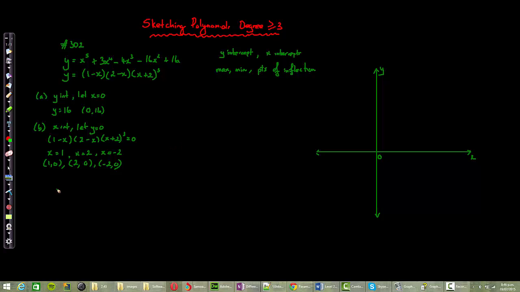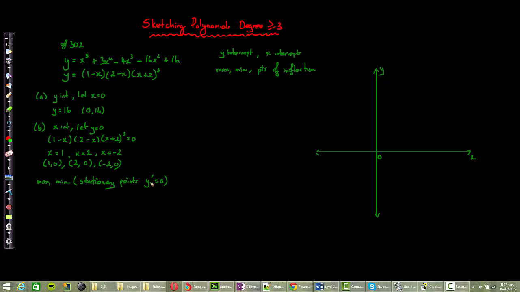That's all good. Now let's have a look at trying to find these other things here, the maximum, minimum, and points of inflection. Okay, now to do any of that we're going to use some calculus. And for max min points, which you might recall from the work we did during the holiday session, these are called stationary points. They are points where the gradient is equal to 0,